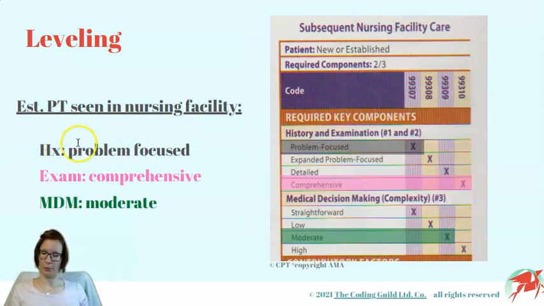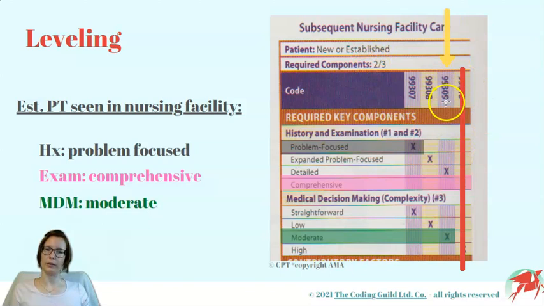Let's see another example. Established patient is seen in the nursing facility, history is problem-focused, exam is comprehensive, and MDM is moderate. Again, we have the reach of every component drawn onto the table. Now let's see which code will meet the required 2 out of 3 components at the same level. Code 99310 has 1 element reaching it, the exam, but unfortunately it stands alone and we need at least 2 elements, so this code cannot be chosen. 99309 will meet the requirement though, because it has the exam exceeding it and the medical decision making reaching it. So the answer here is 99309.